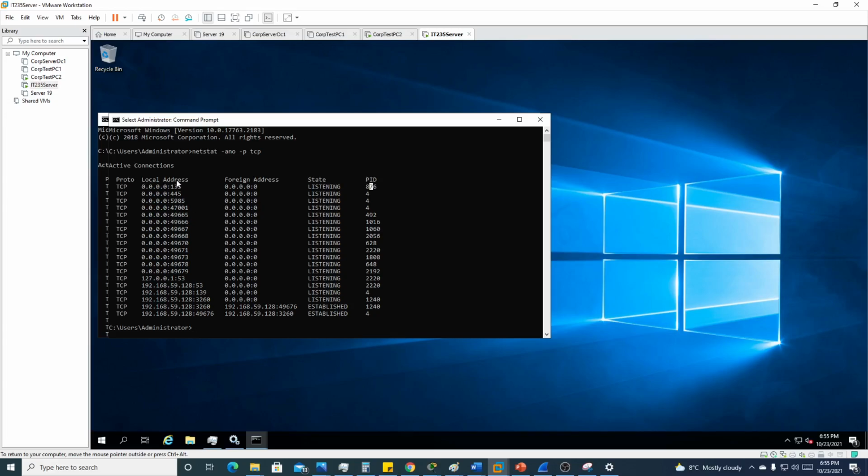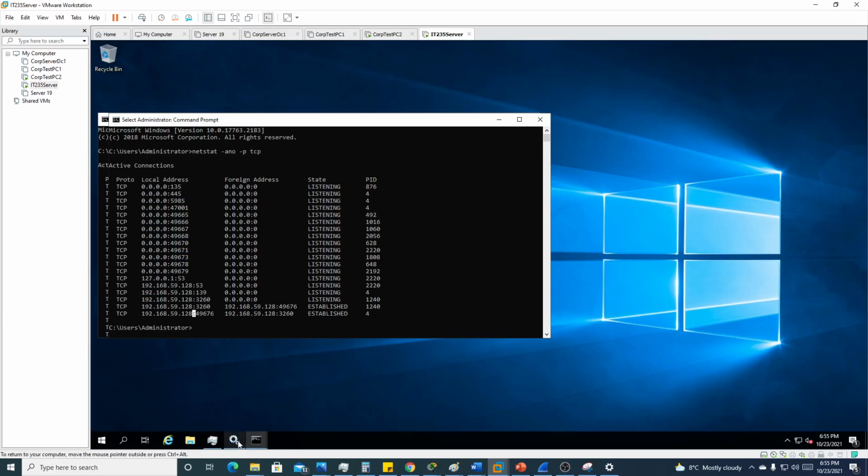And under the local address, after the IP, we can see which ports the application is using. So for example, if we look, the PID 4 is using port 139 and also is using a